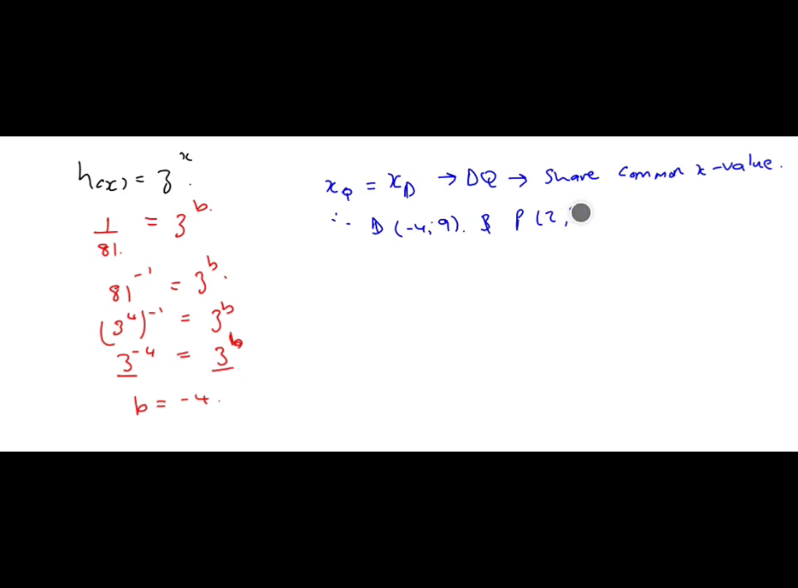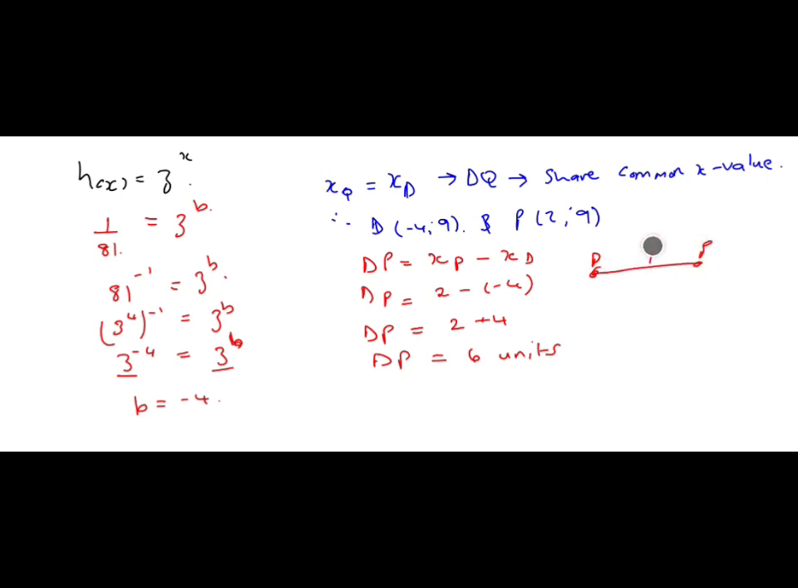So that means at d we now have coordinates minus 4 and 9, and at p we got 2 and 9. So for us to find dp, the length dp, we would just have to say x at p, because that's the point on the right hand side, minus x at d, as is the point on the left hand side. So dp would therefore be 2 minus negative 4, which is 2 plus 4, and 2 plus 4 is 6. So meaning for us to move from point D all the way to point P, we just need to move 6 units